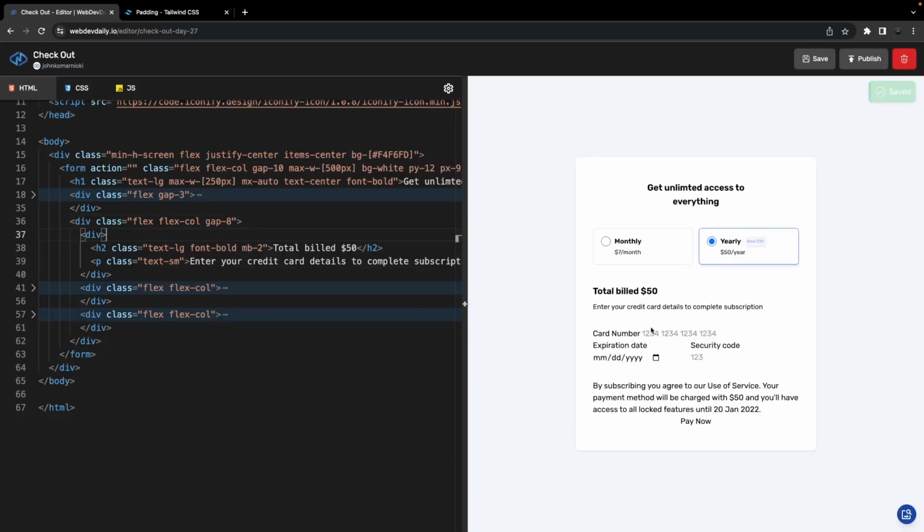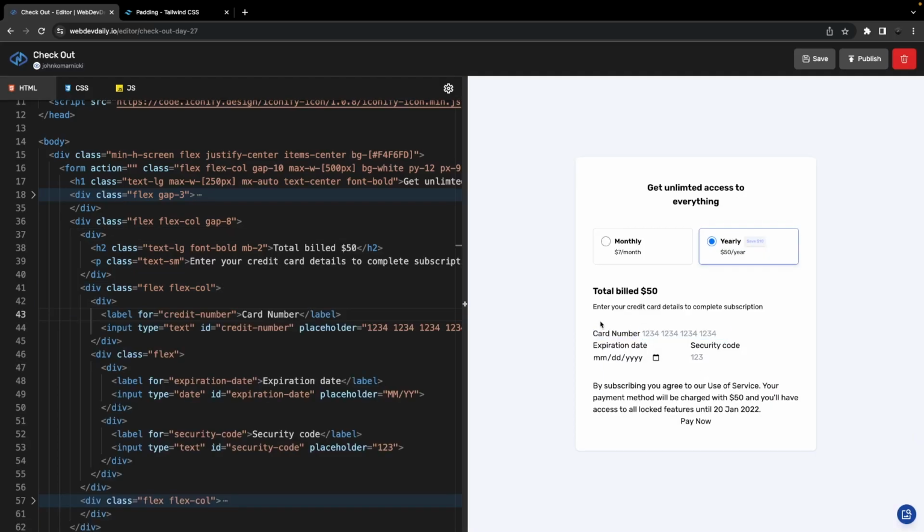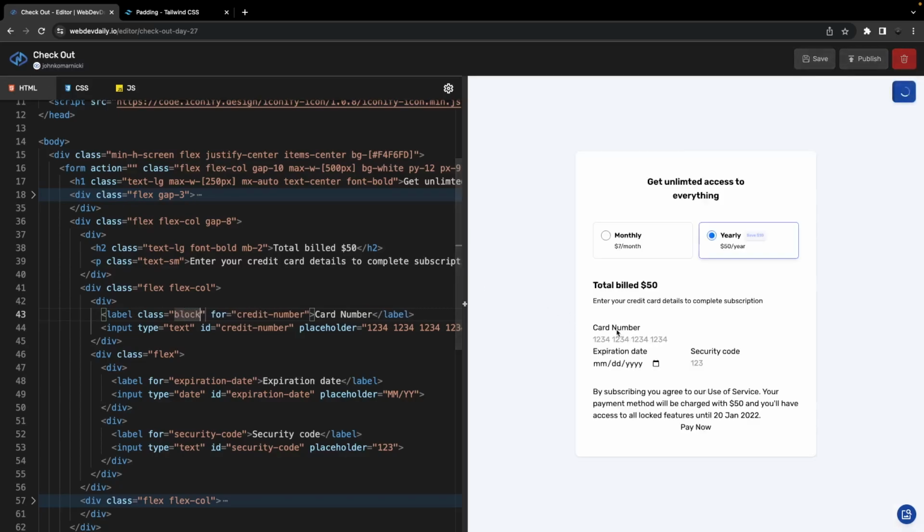good. Obviously, it doesn't look quite as accurate yet because we still have to style out these inputs and the button. So for this card number input, as you can see, the label and the input are side by side, and I think the reason for that is because a label by default is an inline block element. So we could do a couple things to fix this. We could either set this div to be display flex and set a direction of flex column, or I think the easiest solution is just to assign this label to be a block element, and that should push the input